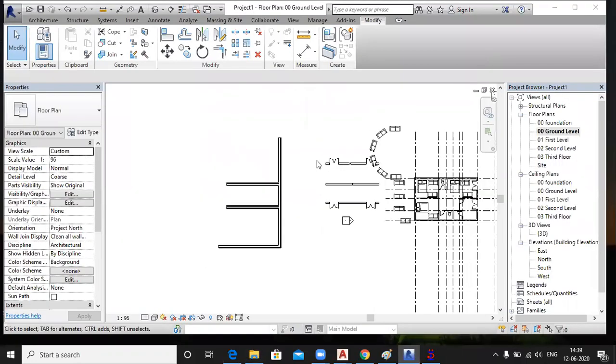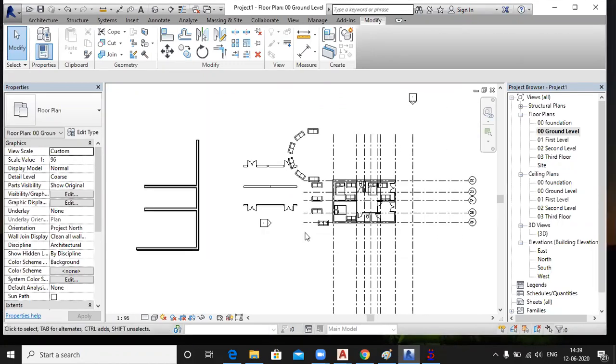I give you some floor plans for practicing. I will send them to you after your class finishes. And tomorrow you practice on those drawings. So we will come again Monday. Okay, sir.